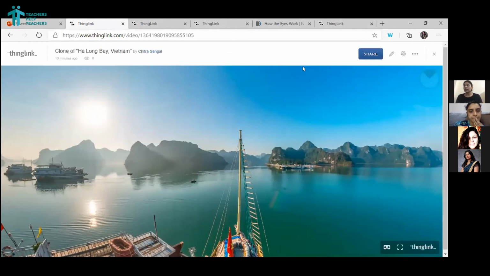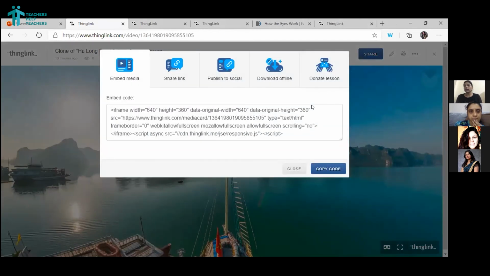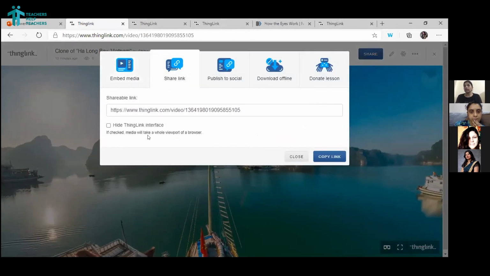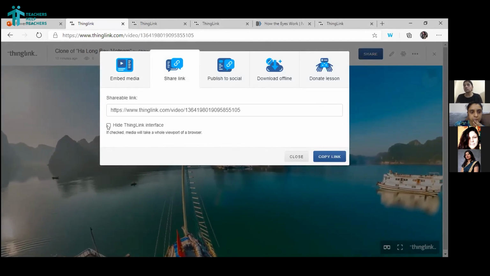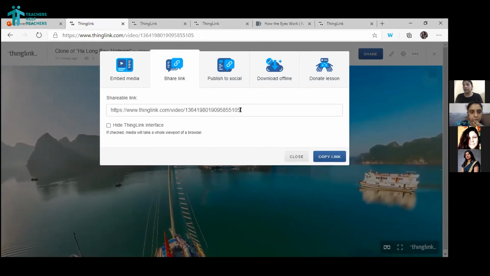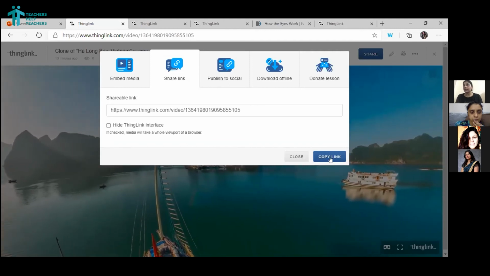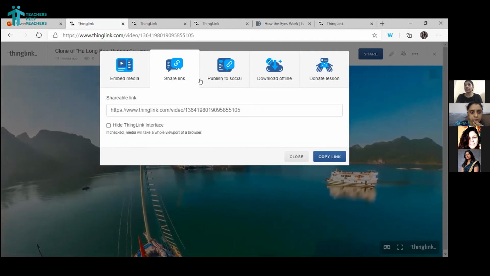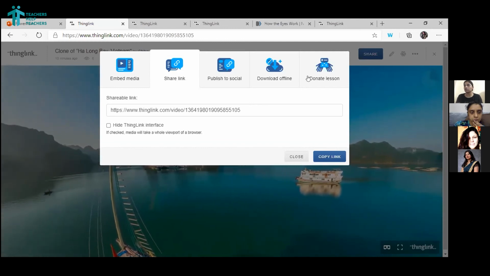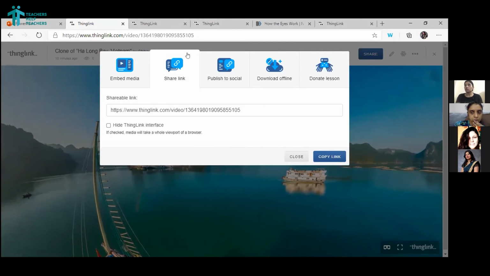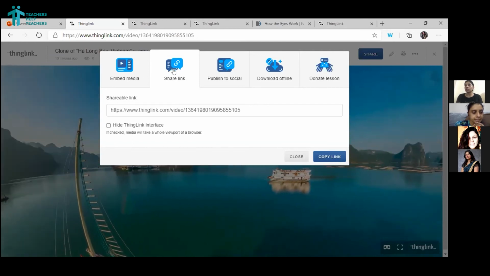When I click on this share button, then share link, and if you don't do this one, that's also not a problem. I click on copy link and I send it. I hope you're not doing anything other than share link, like embed media or publish to social. So make sure that this one is clicked.